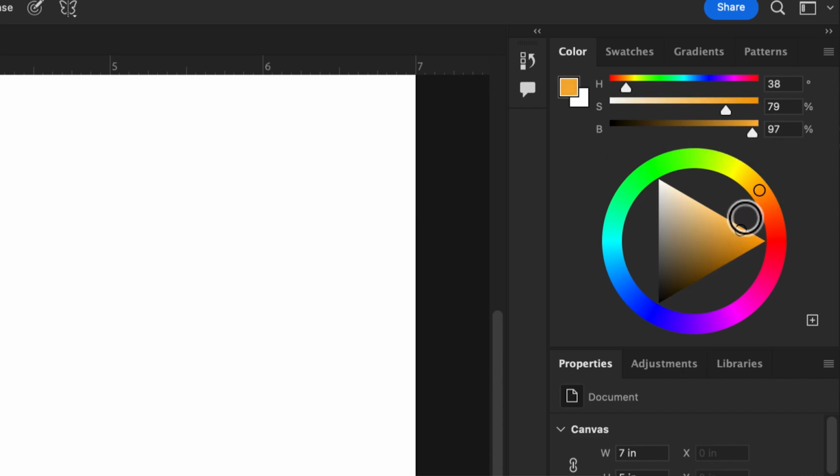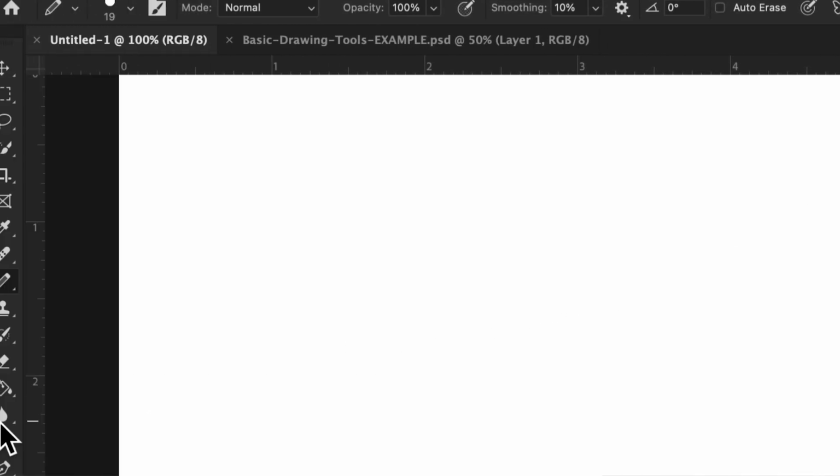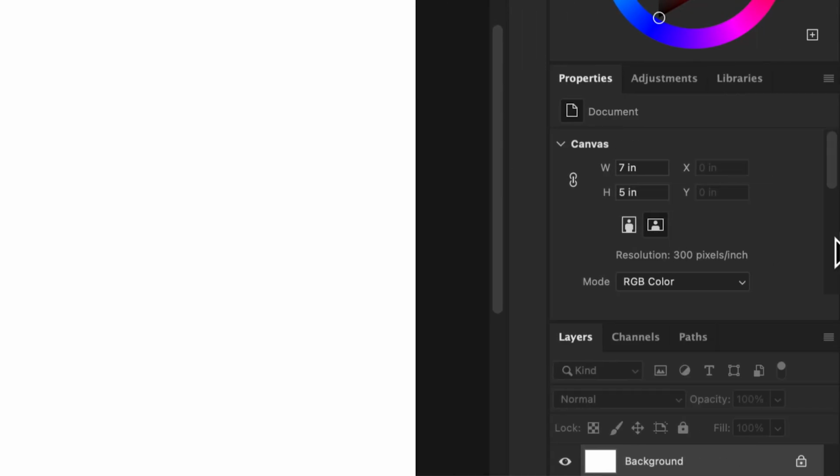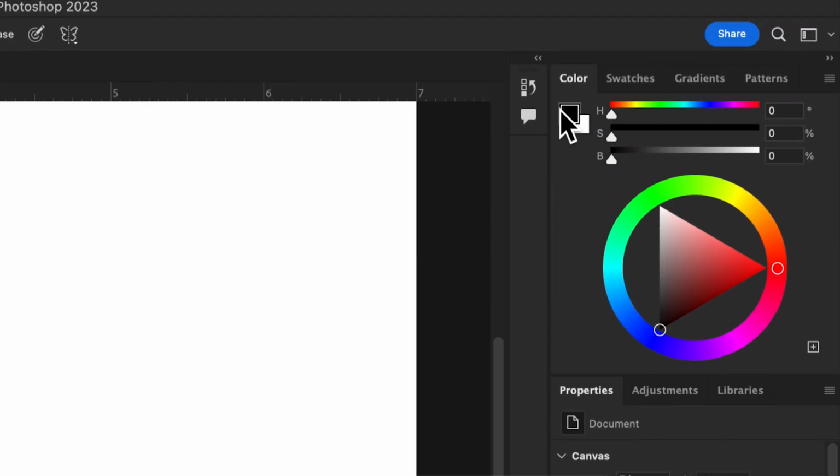And this is how you control your color. This is going to change your foreground color. So if we scooch our way over here, you can see that this foreground color is changing. If I hit that button that resets my foreground color to default, you will see that it sets it back to black foreground, white background.